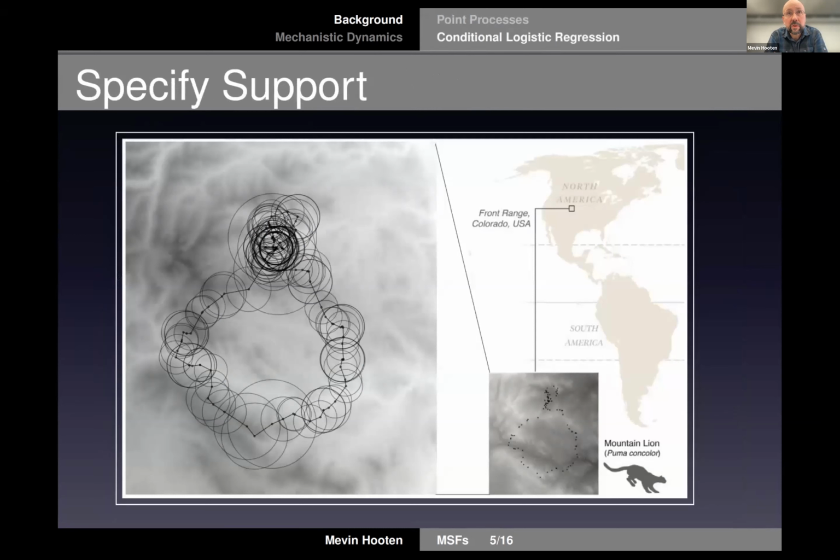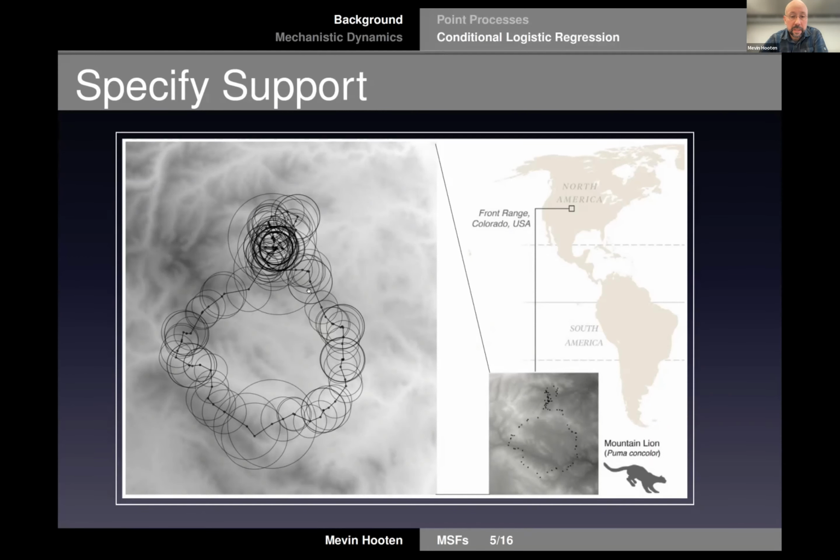Maybe it's a little bit easier to see graphically how this might work. So let's think about an individual animal representing a species, let's say the mountain lion here in North America, where you can see sort of a cutaway map here, a set of positions of this mountain lion and its movement over a week or two. And obviously it walks around in this region of space through this background topography here and ends up kind of back where it started. The idea here behind the implementation of most space-time point process models, again, we're just reviewing background here, is that as the individual is moving around in this space here,